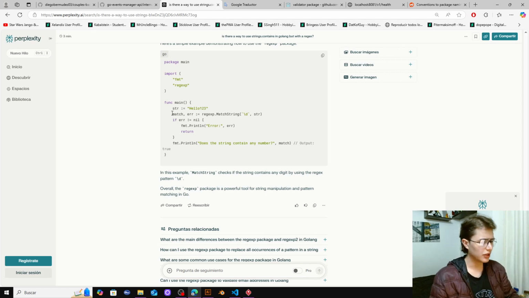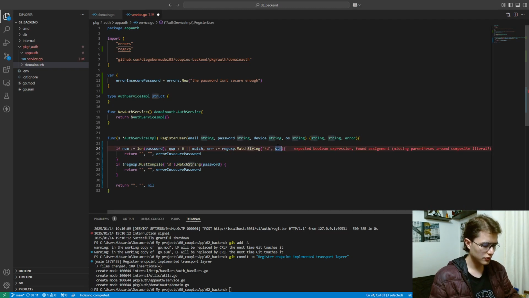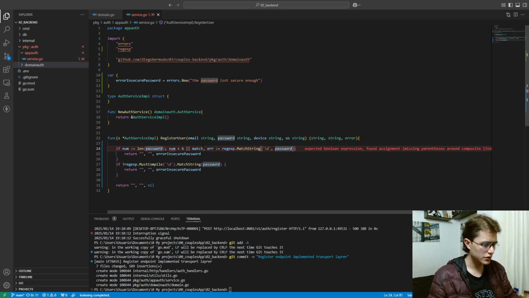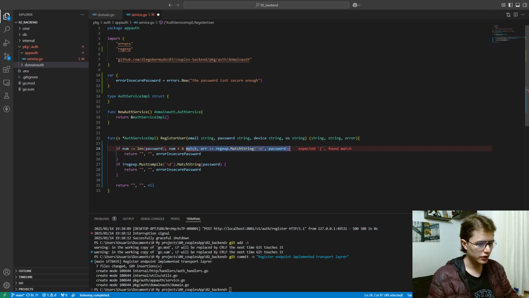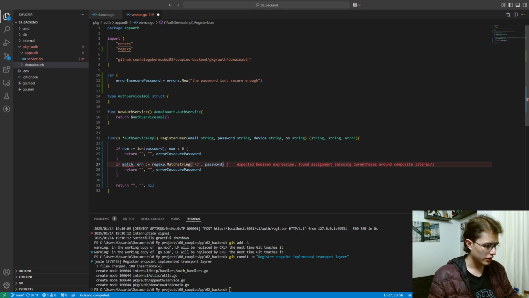Oh yeah, I took the wrong code. Is this one? Password. So match, what does match string do? It's like, yeah, and now I do have to do it in two different if statements. So it will be something like this. Match string